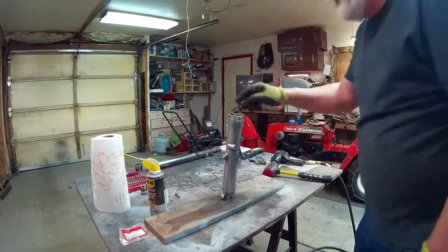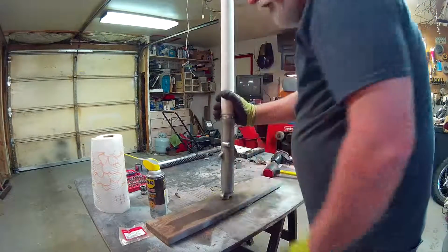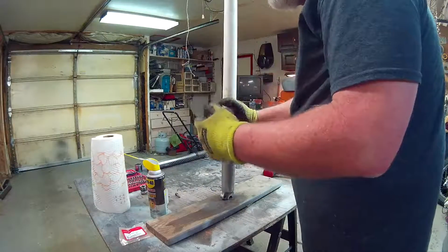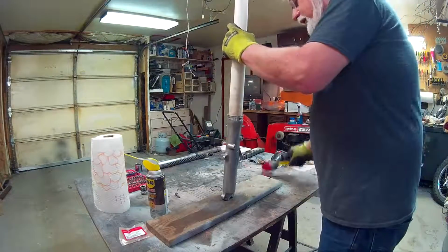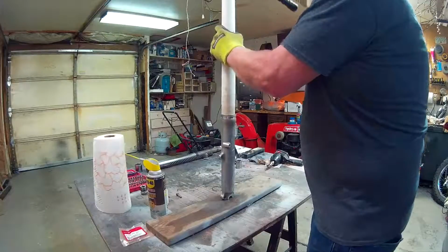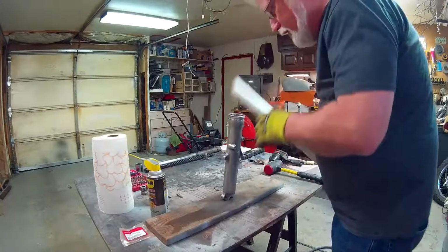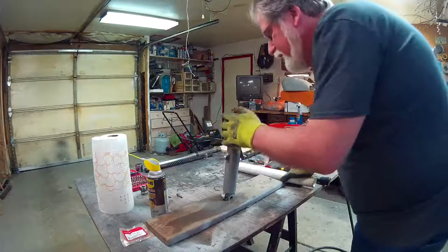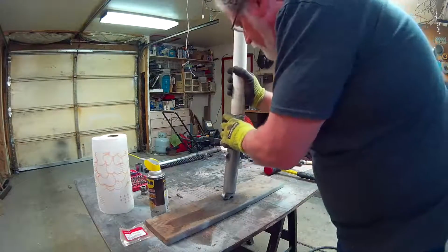and as you're driving this down, you can hear it. When it stops, it goes from a sort of hollow sound to a thud when you hit it. It's more of two pieces of material contacting each other. It's hard to explain, but you'll know it when you hear it. Don't be too afraid. These things can take quite the pounding. I mean, you don't want to go crazy, but